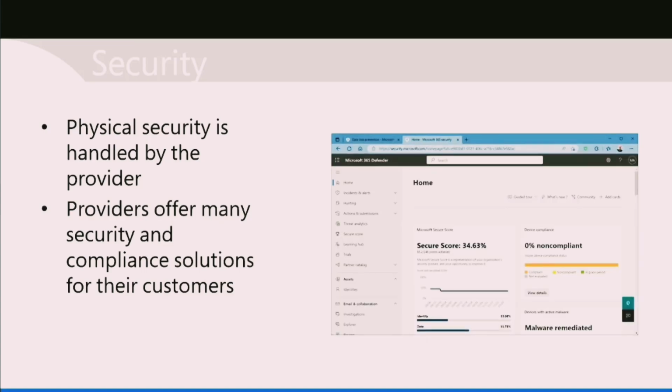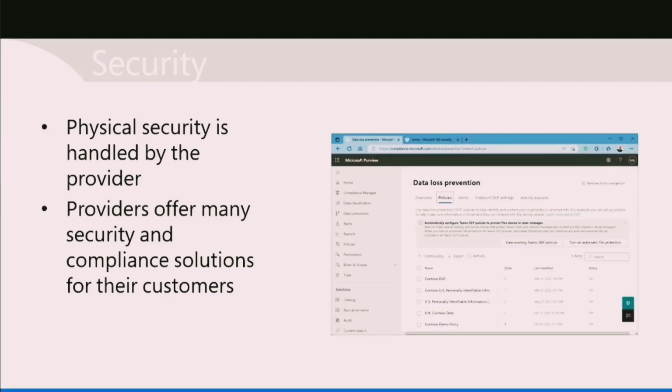So you can see here on the right-hand side the Microsoft 365 Defender portal, which deals with security issues, threat analytics and hunting and incidents and alerts and assets and identities. And you've also got the data loss prevention page being displayed here in Microsoft Purview, which handles things like compliance. So you can set up different types of data, use data labeling and sensitivity labels and retention labels. And then you can create policies that apply those different labels in different scenarios. So as data moves around your organization or between your organization and other organizations, you can control the flow of that data as being sensitive and needing to be handled in a particular way in a centralized point.